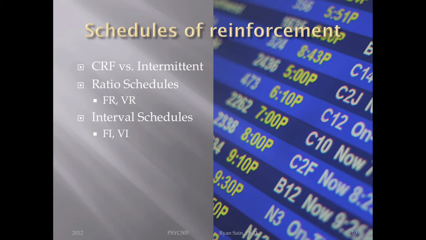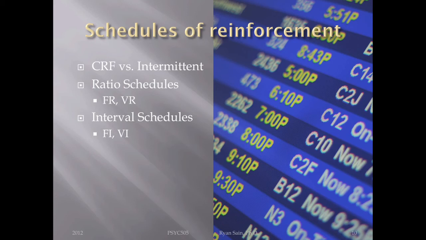If I think about checking my mailbox at school, it's kind of interesting, right? Because I go there all the time, but there's not always stuff in it. It's not a fixed interval then. It's probably a variable interval. Variable interval meaning that on average, every day, I'm going to get something in my box at school.